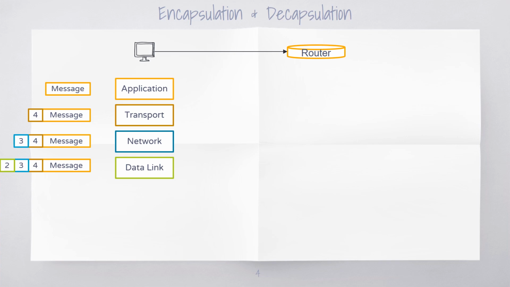So in this case, source A's link address will be there in header 2, and the link address of the router will be there, that is, the link address of the particular port or link of the router device to which it is connected. And then it is sent to the physical layer.